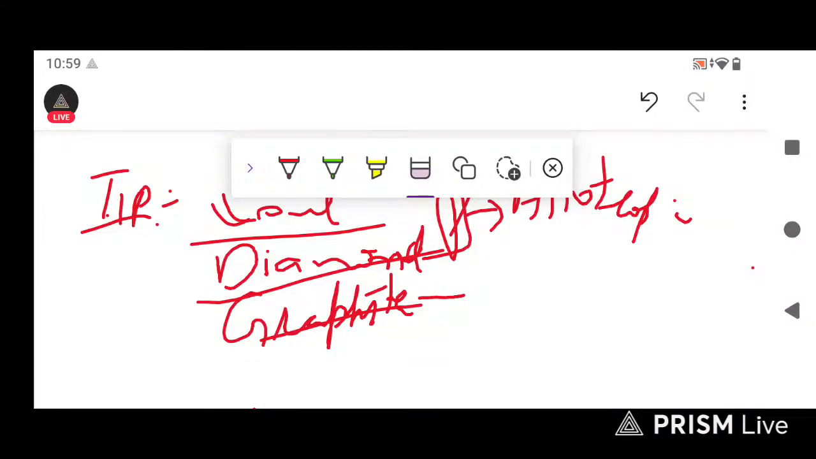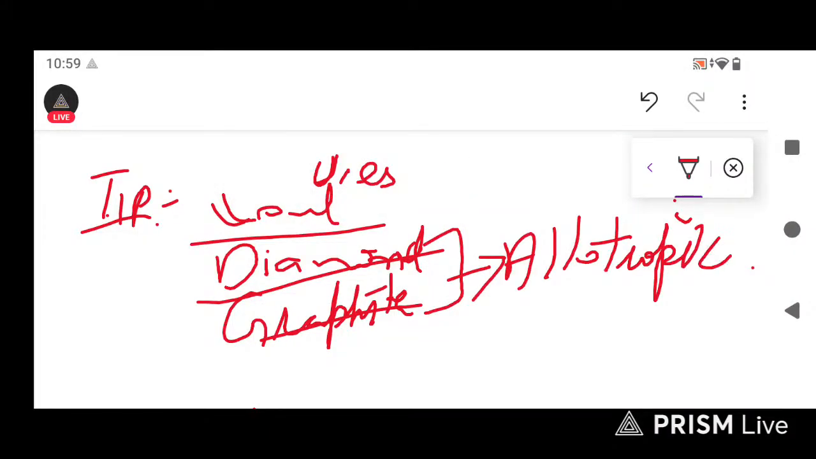Actually, coal is the amorphous form of carbon. Amorphous means